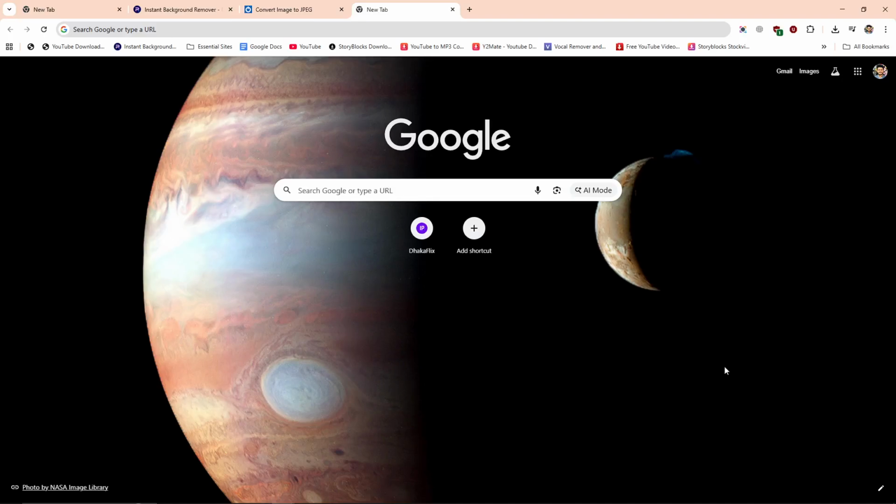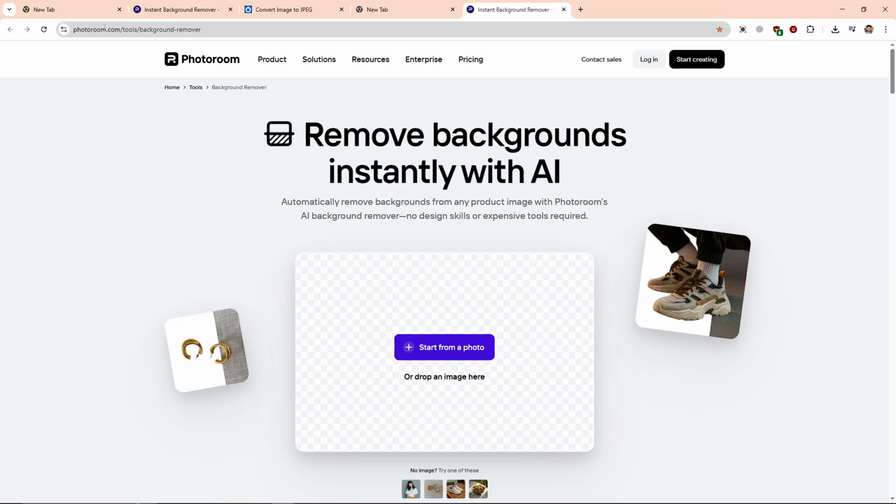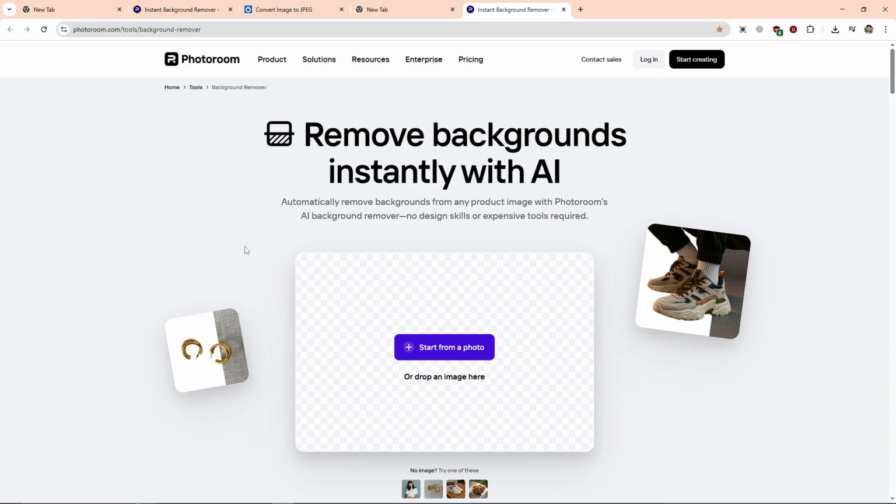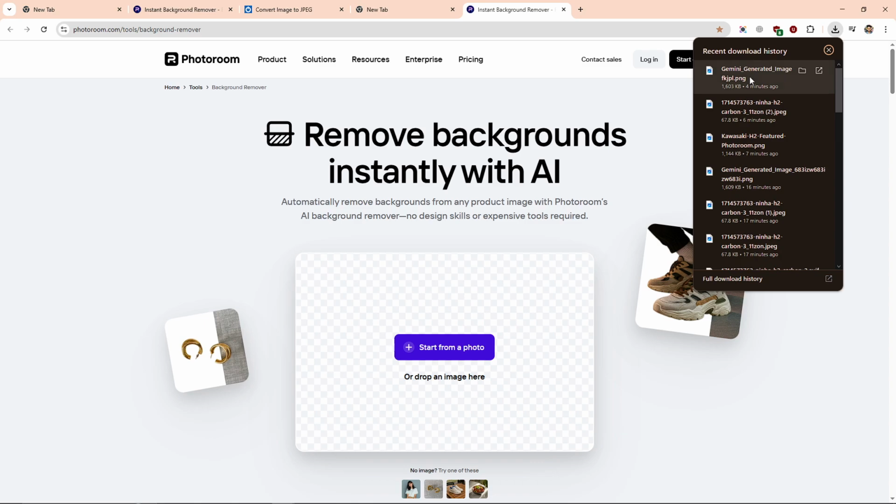So today I'm gonna give you three most important websites that will make your edit faster and task easier. So the first website is an instant background remover. It's called photoroom.com. In this website you can remove your background, but the thing that is different from any other website